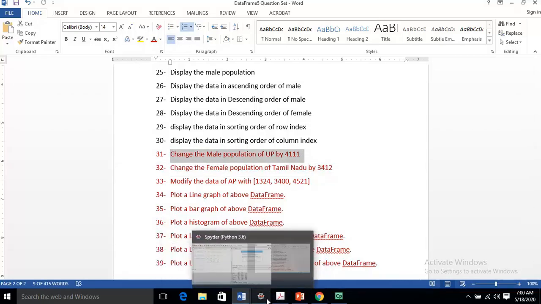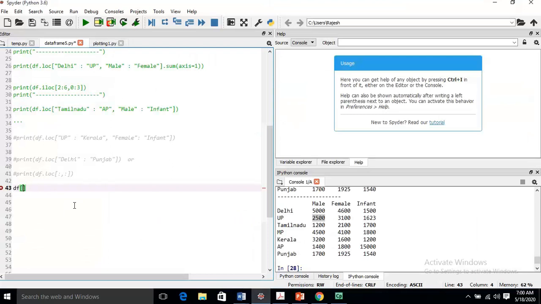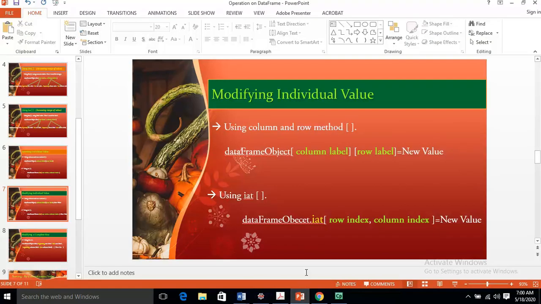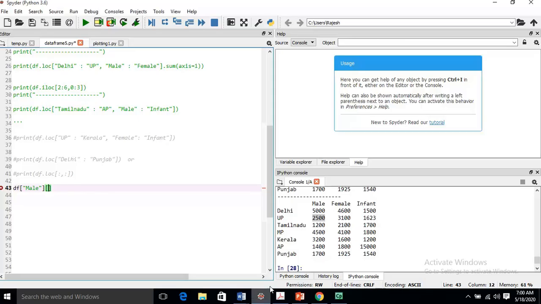Okay, here df, then column is male, then row label is UP, and it is equal to the new value 411.